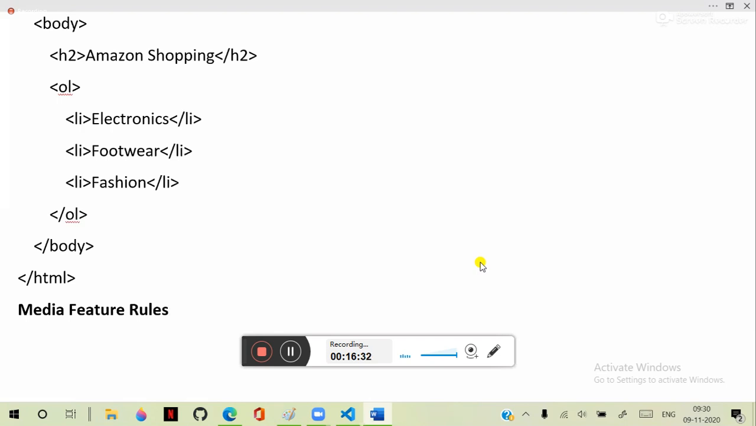Media feature rules are nothing but, after you specify the media type, you can target a media feature with a rule. So what is the meaning of that? That means the media feature rules include